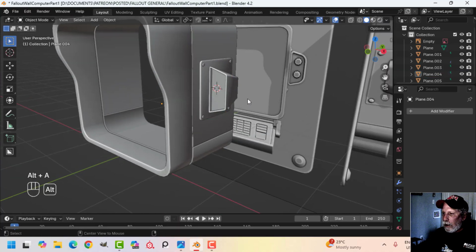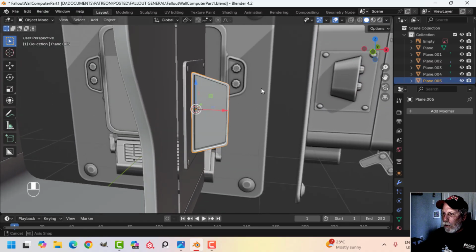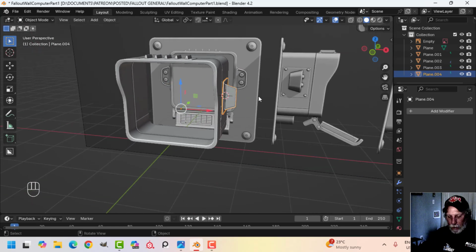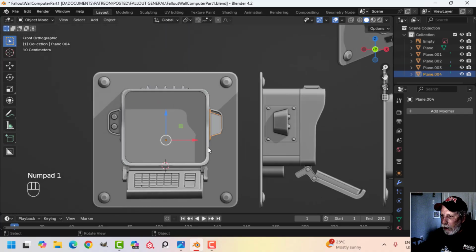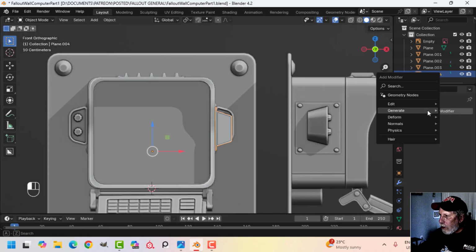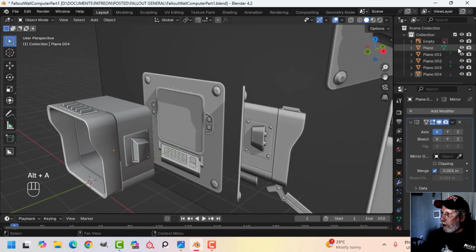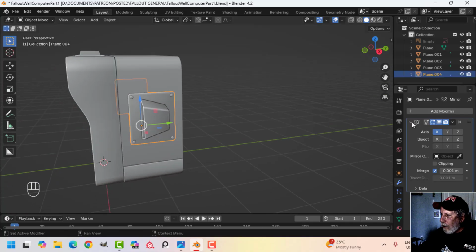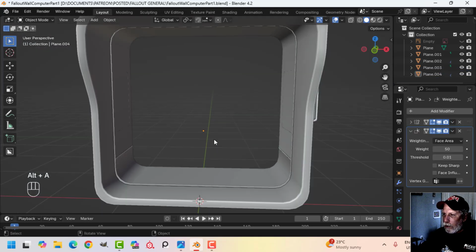And I can get rid of back faces, but if I don't bother with it this time, maybe I can just join those together and start thinking about, I'm going to press Shift C to bring my 3D cursor right back to the middle. Just start thinking about mirroring and seeing what it looks like. Let's just hide that for the moment. Pretend this is all we have. Yeah, the shading's a bit weird. I can always do this, but I'm going to join some stuff together later, so